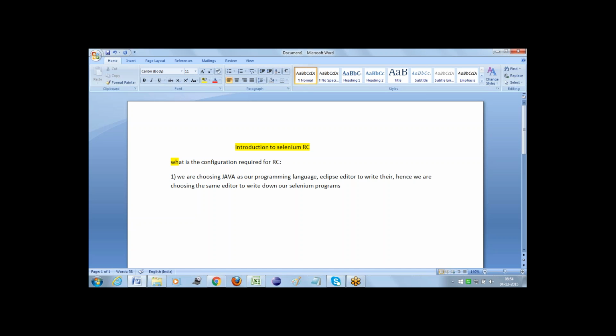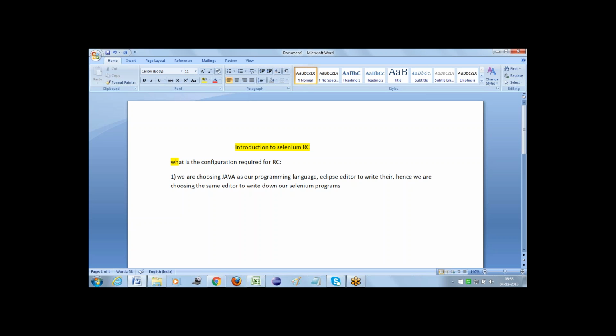What exactly does an editor mean? See the best example: I can write some information either in a Word document or in an Excel file, Notepad, text document, CSV file. Anywhere I can write some text. But here I am choosing a Word document to write some information.